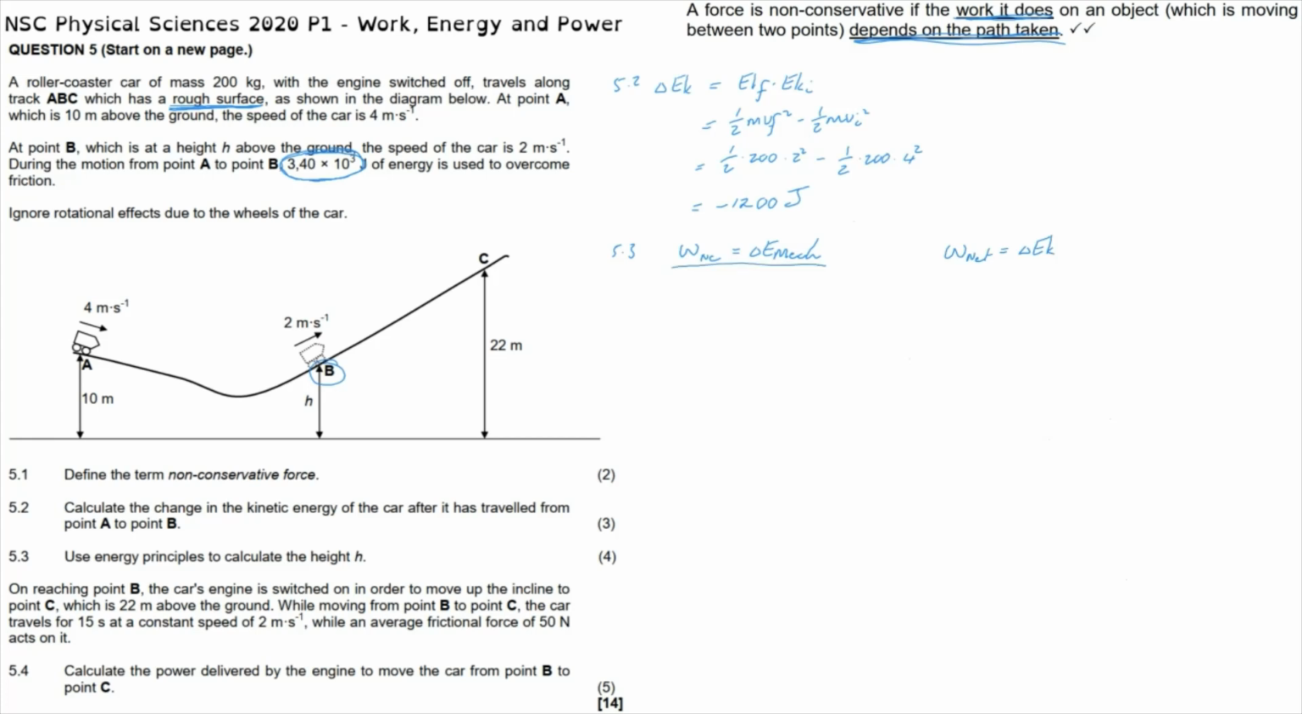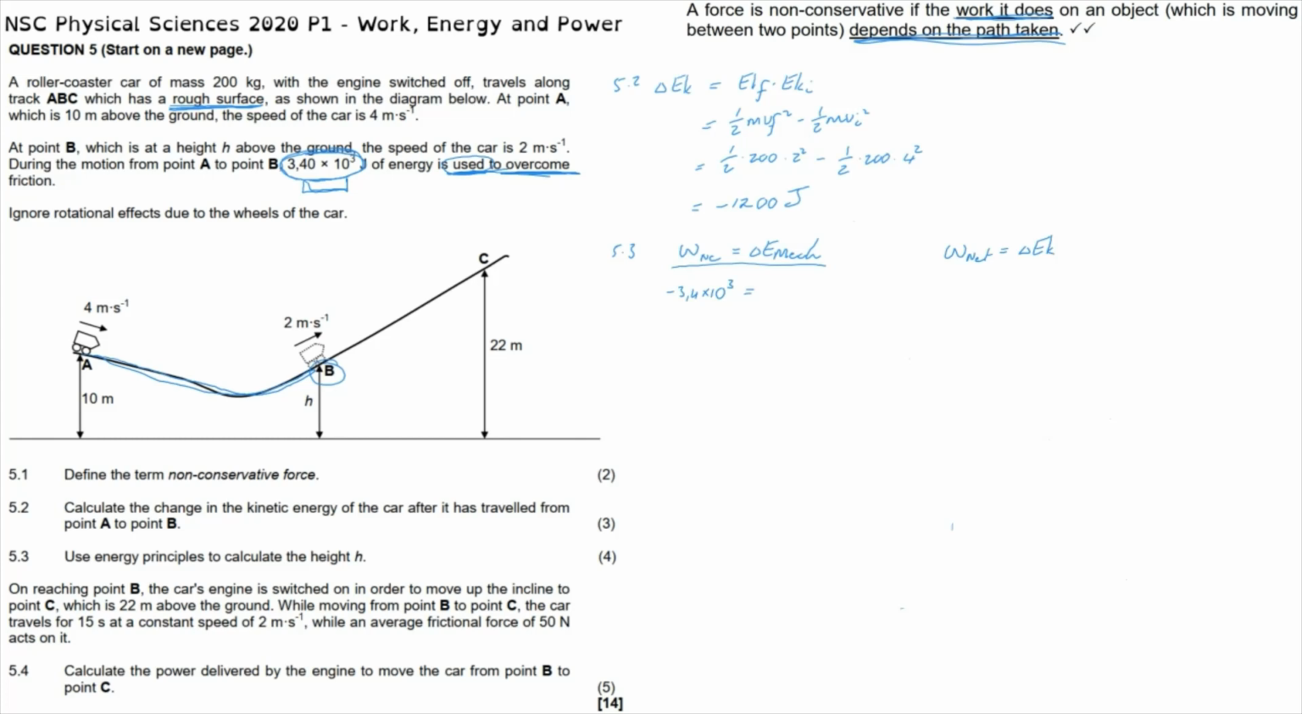In this case, we know that there's only one non-conservative force acting on this object between point A and point B, and that is the friction force. And we have been told exactly how much energy or how much work is done by that friction force. The one thing to remember here is that we are told that this energy is used to overcome the friction. What that means is that that energy is lost, and so we need to show that the energy is lost by saying that is negative 3.4 times 10 to the power of 3 joules of energy that is lost,